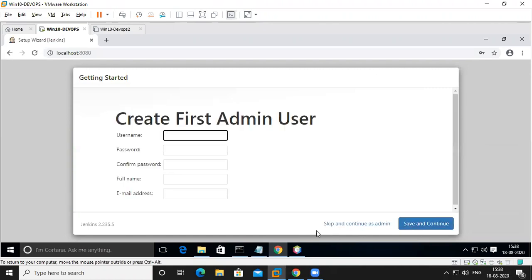Now it is asking for an administrator. If you want to use admin as a user, you can use it. Otherwise, you can create your own administrator. So I am putting JAdmin as a user. Password is admin@123.